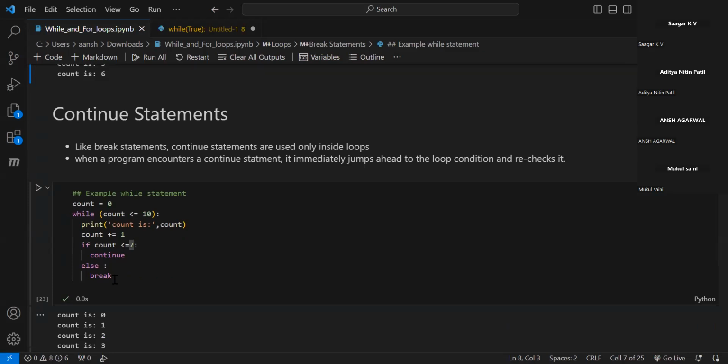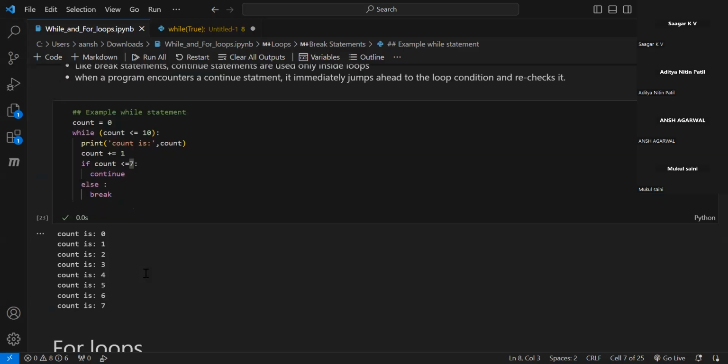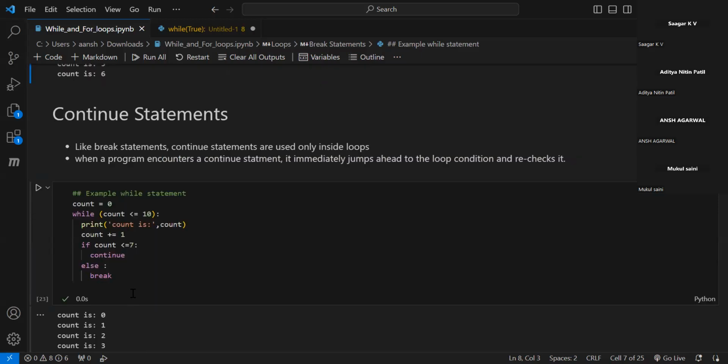मतलब you want to skip the आगे एक स्टेटमेंट मुझे skip करना है, मुझे वापस लूप पे जाना है, तो वहां तब मैं कंटिन्यू यूज करूंगा ताकि वो सीधा लूप की कंडीशन चला जाए और लूप वापस इटरेट हो जाए, आगे स्टेटमेंट वो पढ़े ही ना हो। जैसे यहाँ देखते हैं, काउंट लेस देन इक्वल टू 7 है, तब तक कंटिन्यू हो रहा है, मतलब जब तक ये 7 है तब तक ये कंटिन्यू होगा, और जैसे 7 से बड़ा हो जाएगा ये लूप को ब्रेक कर देगा।